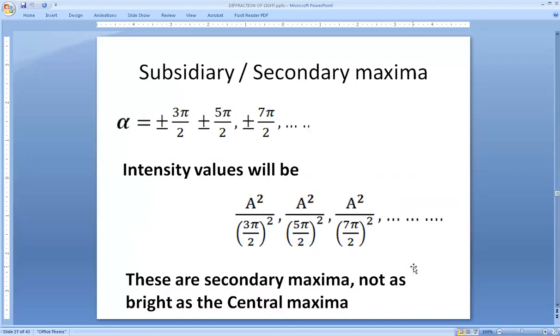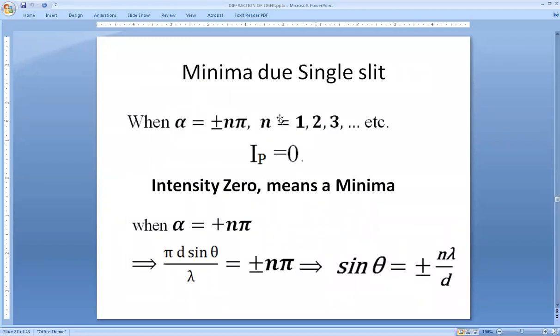So this is regarding the others. I have actually calculated two things, principal maxima and secondary maxima. Now it is time to calculate the other, that is minima, right? So I have taken the alpha equal to n pi condition, and I said I'll keep the condition separately, excluding n equal to 0. So when n is not equal to 0, you are going to have 1, 2, 3, etc. What is wrong if n equals 0? At n equal to 0, it is giving you the principal maxima, so there is no question of minima. So I have to exclude that condition, right? That's why I have taken n equal to 1, 2, 3, etc.